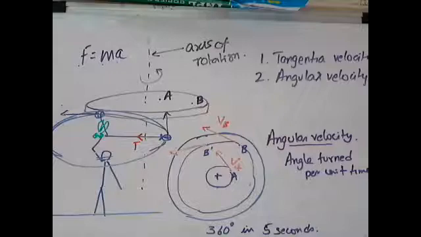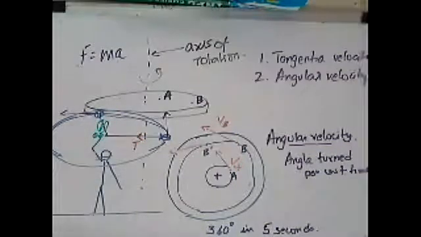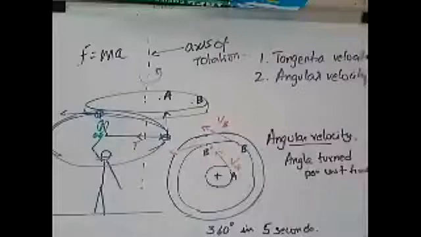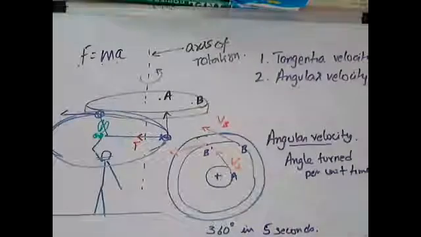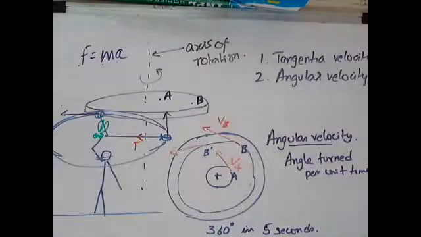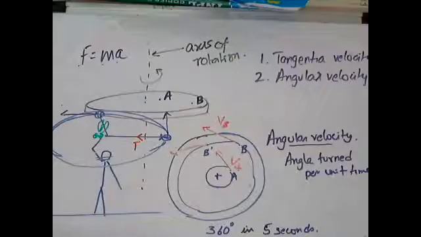So the question is now, if I cut the string with the green bunny scissors there, then in which direction will the stone go? Meher is replying, it will go straight. Advay is saying it will go straight in the direction where the arrow is pointing, right? So the first law again becomes applicable. If you cut the string, there is no force acting on it. If there are no unbalanced external forces acting on an object, then the object will go tangentially.